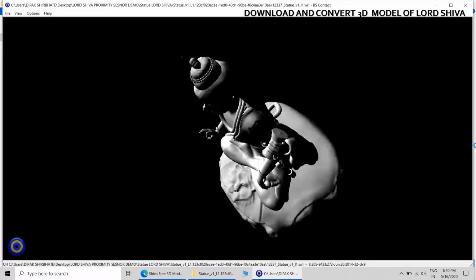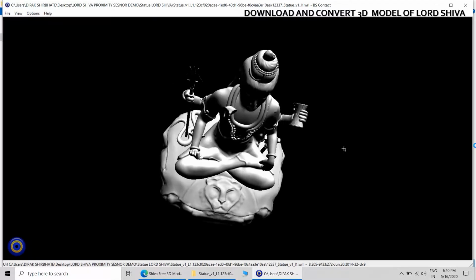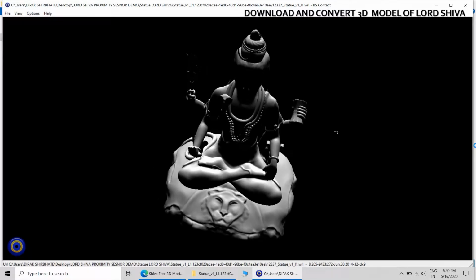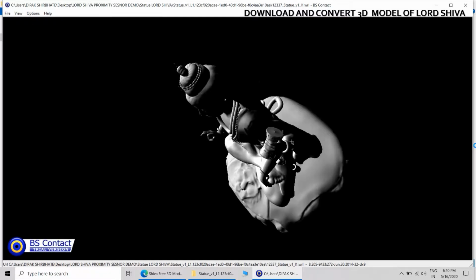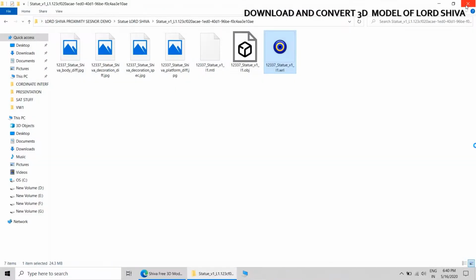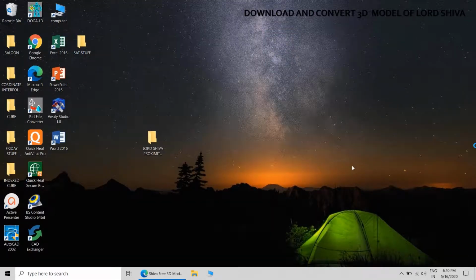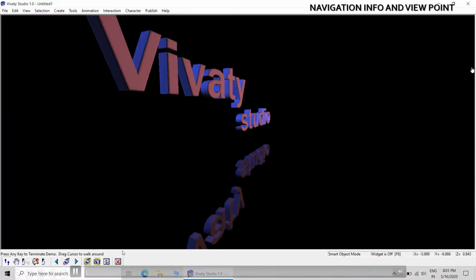So this is the required model, and it has been fully converted into VRML format. Now we can easily call this model into the scene and proceed. So this was the first step. We have downloaded the object.